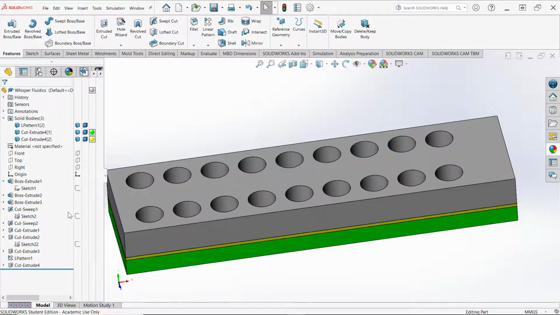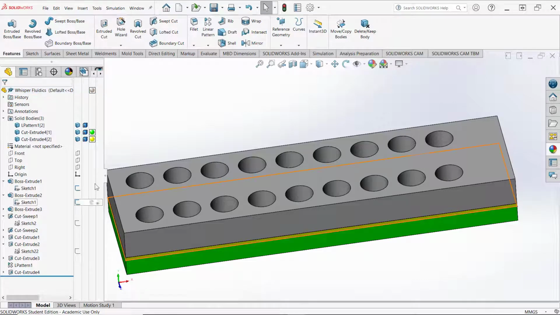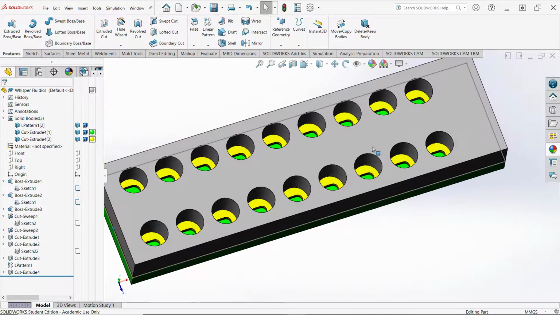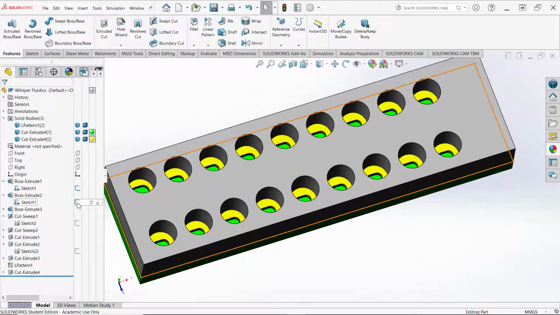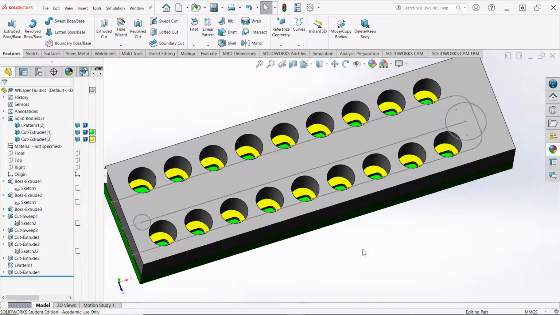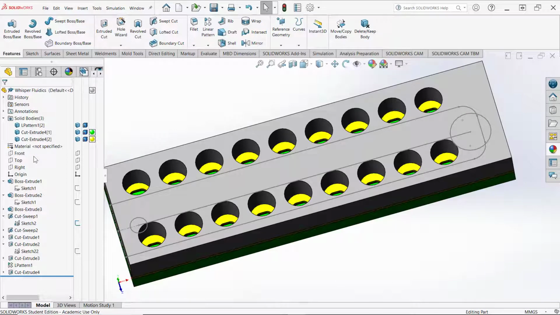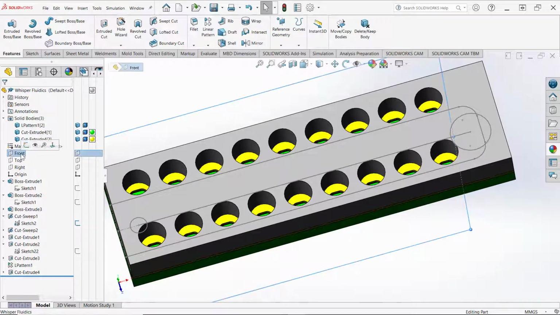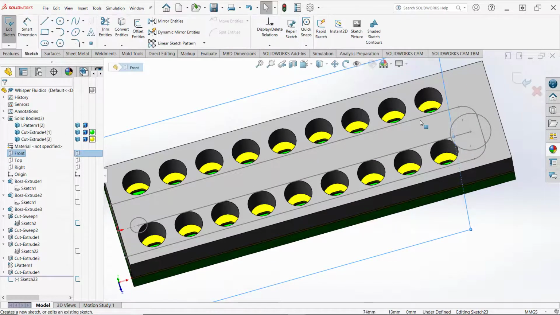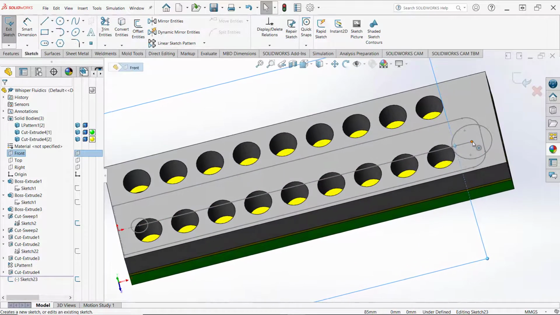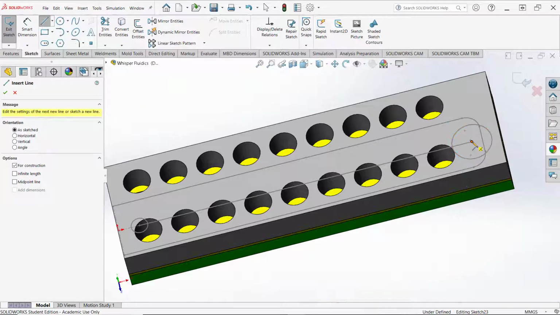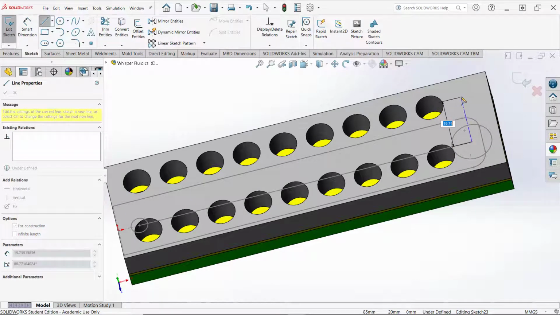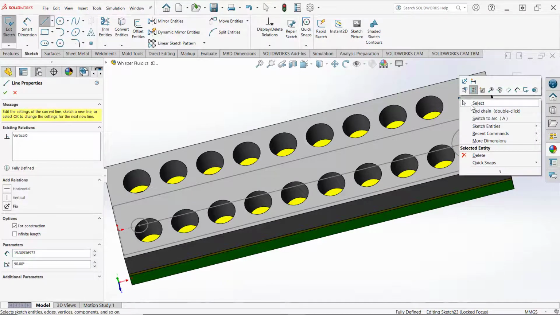So I'm going to go back and turn on the visibility of sketch number 2 temporarily, and so that was sketch 1 there. I need to get sketch 2, and I'll do a new sketch on the front plane, and I'm going to then draw a vertical line up from this point right here. So let's do this as a construction line, and I'm going to come up and I'll put this vertical, and now let's go around to the